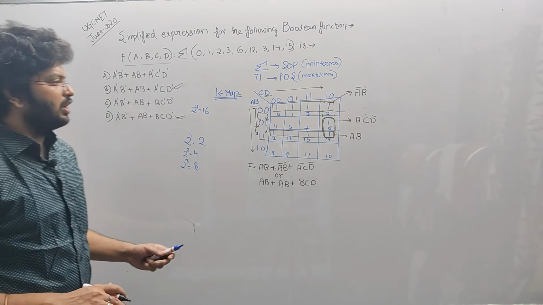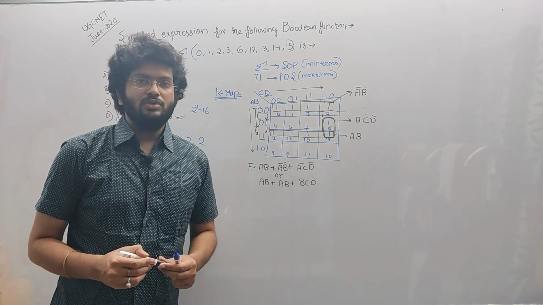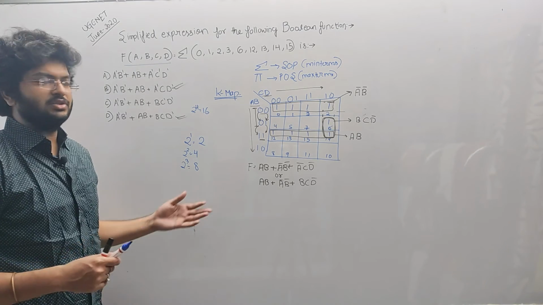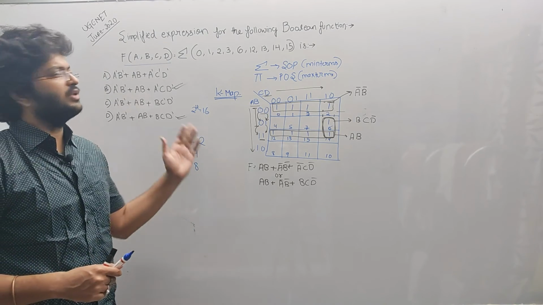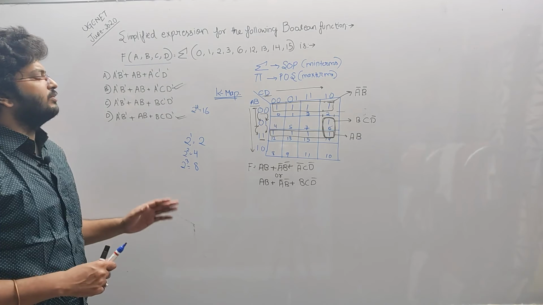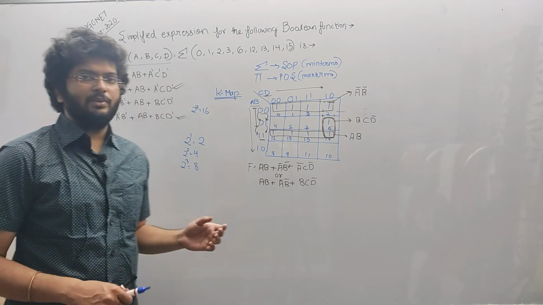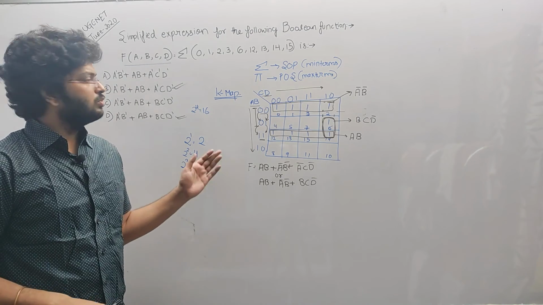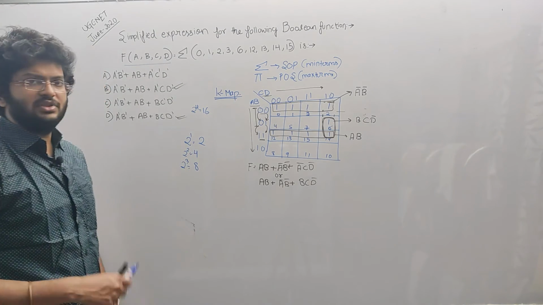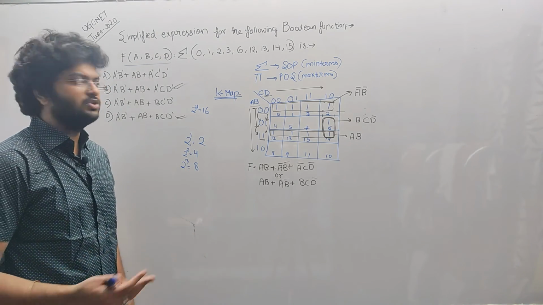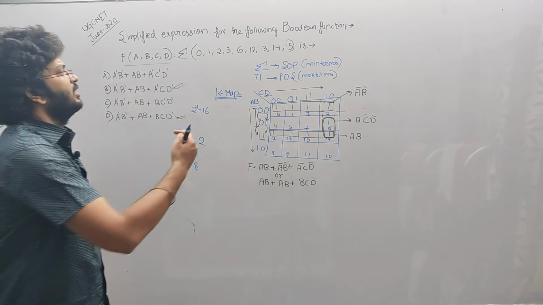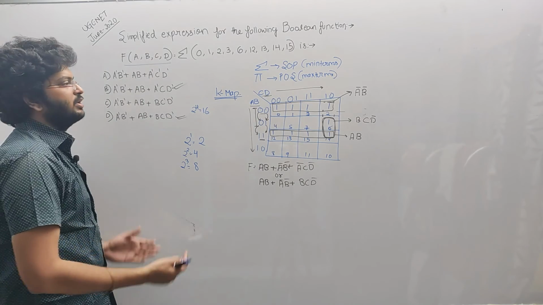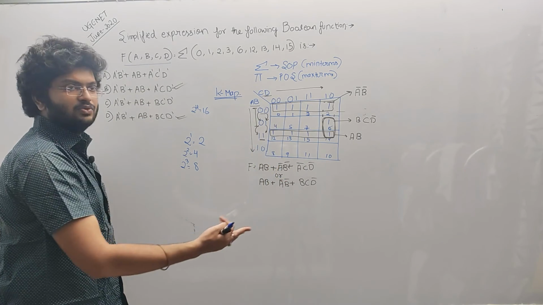So hope you understood this question. Basically this is a question on simplification of expression. I have done it using K-map. Also, if the expressions are given in terms of variables, we can use different theorems to solve them. There are different laws of Boolean algebra by using which we can solve, but here it is given in terms of variables and min terms, so we can solve it in this way. K-map is the easiest way.